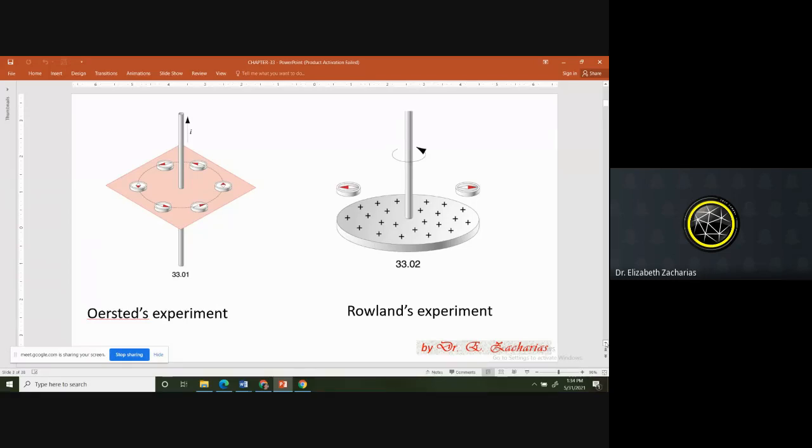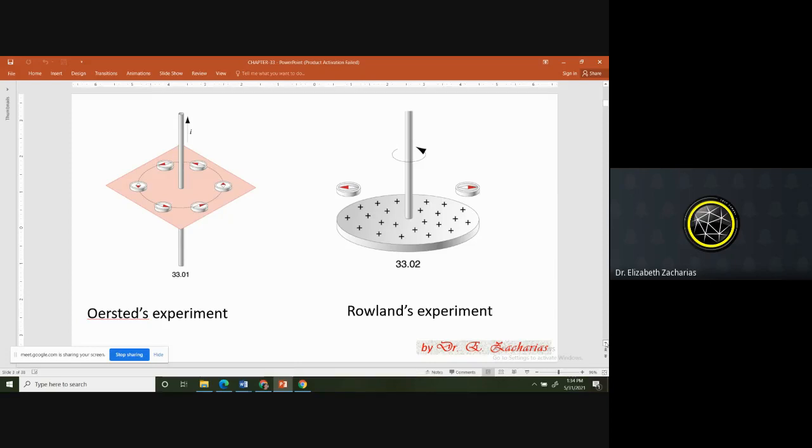So you're seeing that the magnetic compass will experience a deflection, and as you go around in a circle, you can see that the red arrow is facing in a certain direction. Okay, so that means something. That means that the direction of the magnetic field is always taken as the direction in which the north of a compass is pointing. So you'll find that magnetic field lines are going to form closed loops around a current carrying conductor.